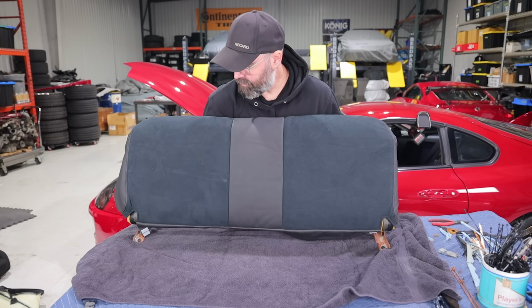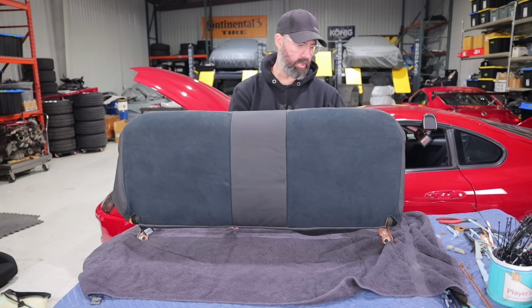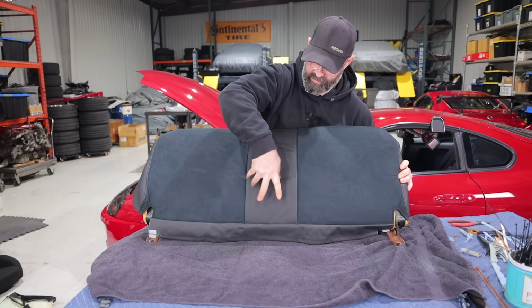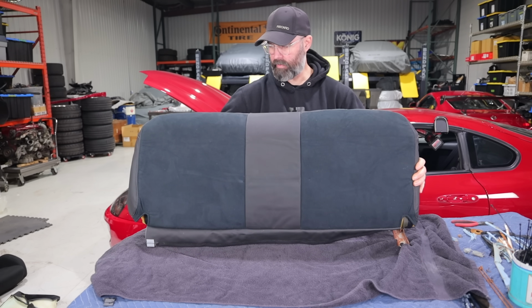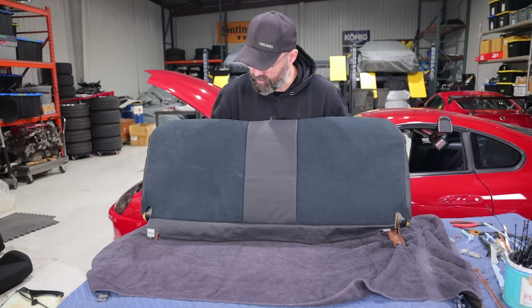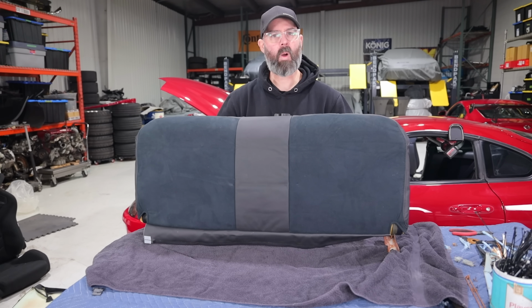And there's your seat back cushion, more or less fitted up. This one's quite a bit simpler than the bottom cushion, but there's still some hog rings that have to go down the middle, sort of in this area, and all around the sides. So I don't think we're gonna try to fake it. Let's just throw it in the car for visuals and move on to the front seats,